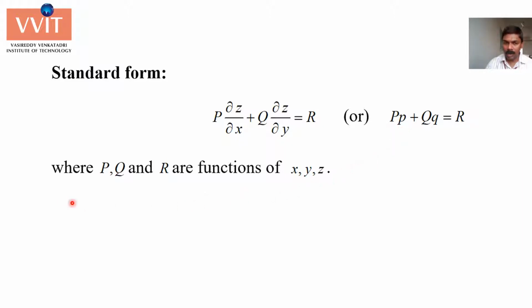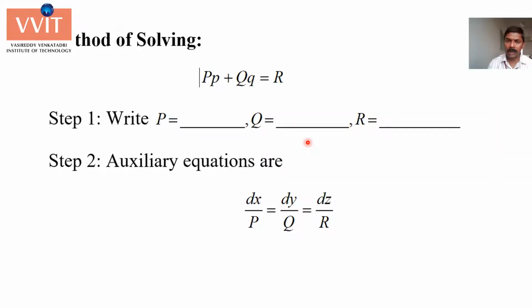So that's why we can consider this equation as linear equation of first order. So now our work is how to get complete solution of this problem. To get the complete solution, we follow the following method. So this is method of solving. Every problem of linear will be given in this particular form, which is Pp plus Qq equal to R. So once after getting a problem, compare the given problem with the standard form and first get the values of P, Q, R.